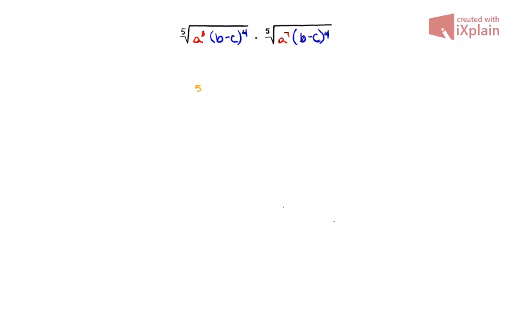Again, we can note that we are working with a 5th root. I have a cubed times a to the 7th times, keeping my colors consistent, b minus c to the 4th times b minus c to the 4th. And let me extend my root out all the way. So I have a couple of product rules that are happening here. So underneath this 5th root,